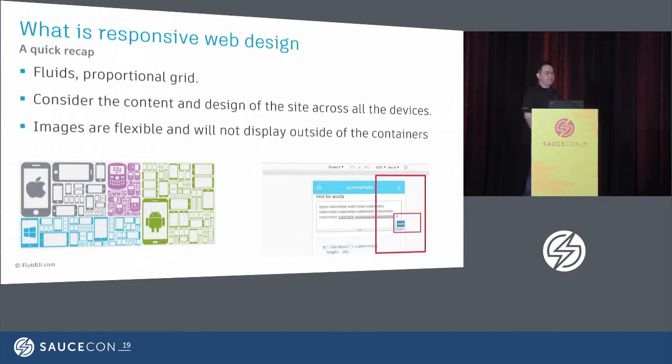Now, while designing a responsive website, the developer needs to consider the content, the design, and the performance of the website across all of the devices to ensure the usability. Again, this is a whole area of usability testing and UAT that I'm not going to dig into in this slide. However, when testing a responsive website, we need to pay attention and understand the floats, the proportional grids of a website, and we need to make sure that the images are flexible and will not display outside